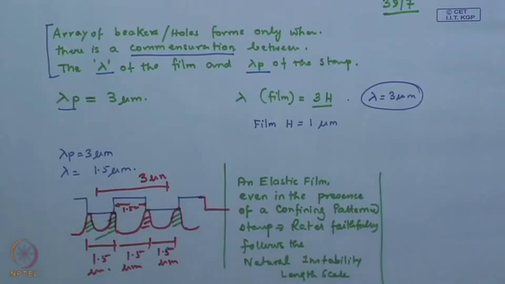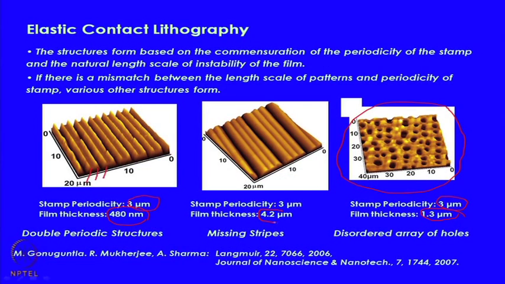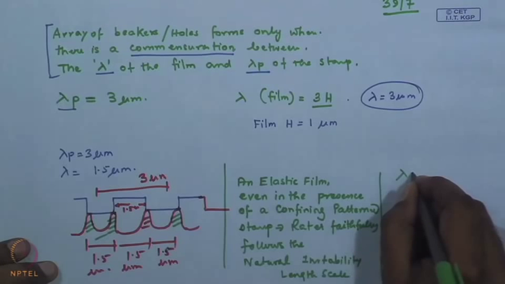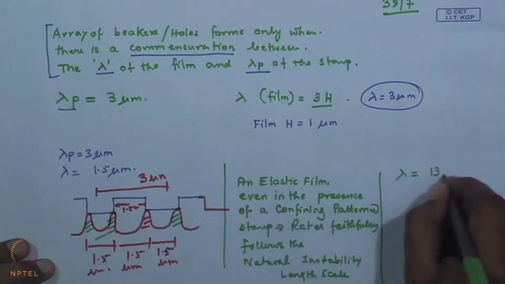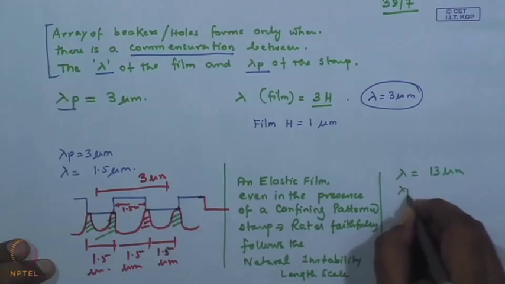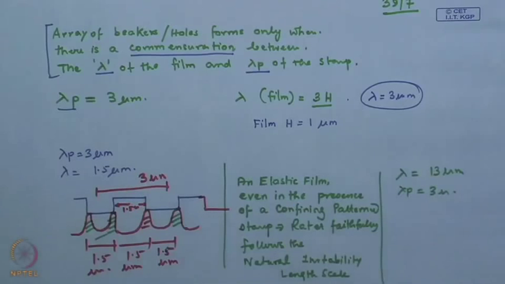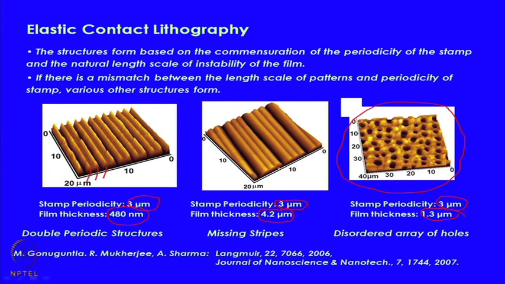Similarly, if you take a scenario like this, film thickness is 4.2 micron, stamp periodicity is 3 micron, it does not match. So, film thickness is much higher. Here what will happen, the lambda corresponding to the film thickness is of the order of 13 micron and lambda p is 3 micron. So, see what type of structure has appeared. You get a strange type of structure where you have 3 stripes and then 1 stripe is missing. So, 3 stripes under the stamp protrusion would essentially mean